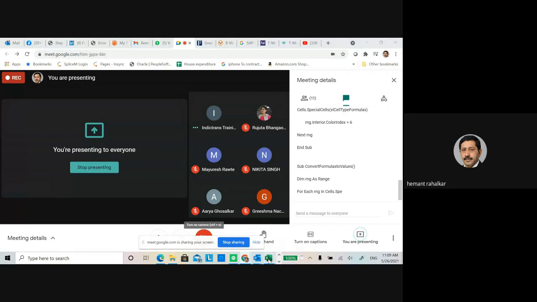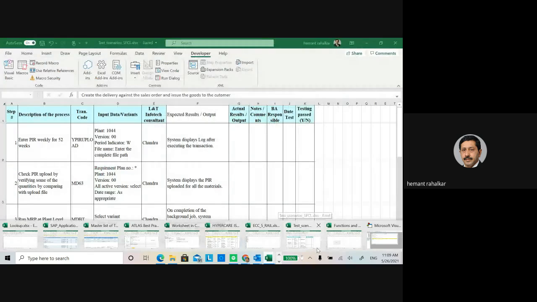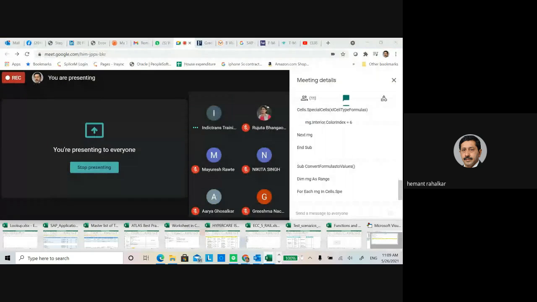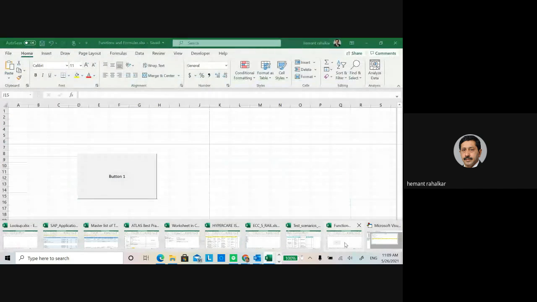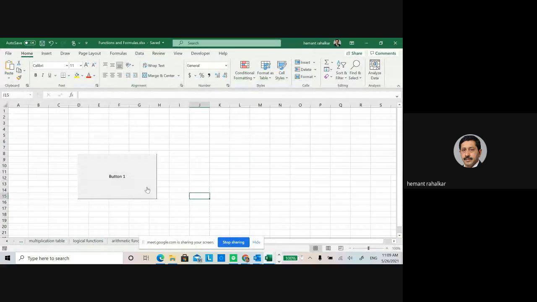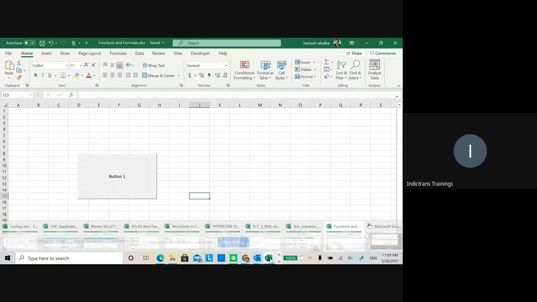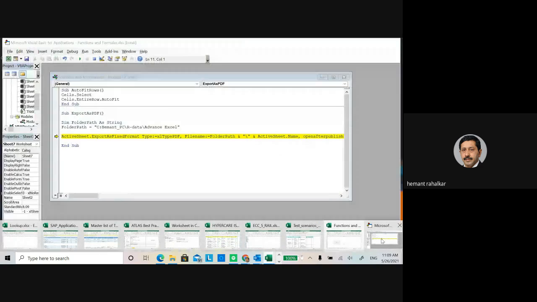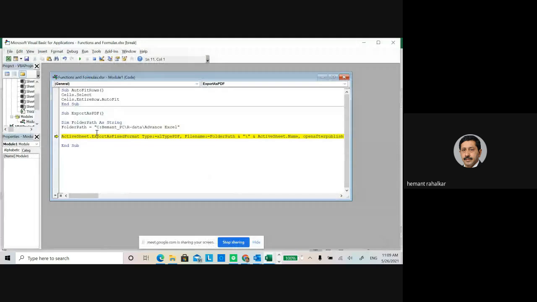Okay, are you able to see my screen? Yes. So now when I am doing this, I put a button, and then in the window I'm getting, I typed this. I gave my path because that was not giving it. This folder path should be mine. Okay. And then I'm getting the issue at this. I put it in the debug mode.